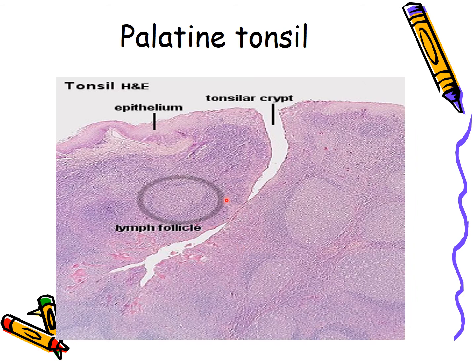Now, histologically, the palatine tonsils are made up of aggregates of lymphoid tissue, which are called the lymphoid follicles. And they have a single crypt, which is called a tonsillar crypt, which is a very distinguishing feature of the palatine tonsils. But the characteristic identifying point of the palatine tonsils is that these lymphoid follicles are covered by stratified squamous non-keratinized epithelium.